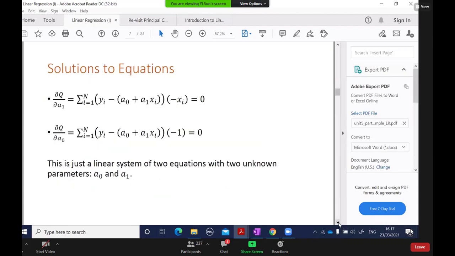If you don't know how we can get here, I suggest you watch the video recorded on last Friday for the lecture. We did talk about how to calculate the differentiation, the partial derivatives, for these two. We may use different symbols, but it is the same thing for least squares.